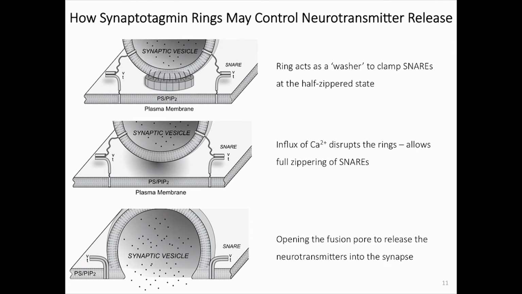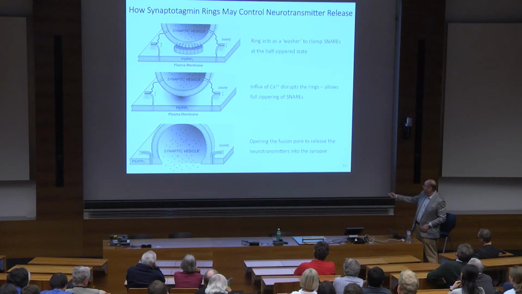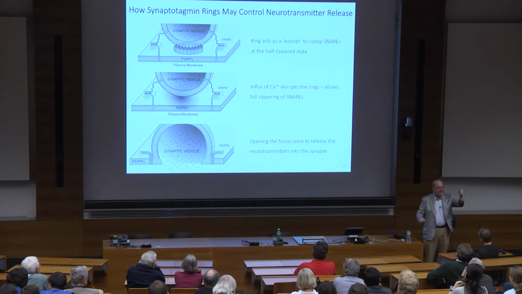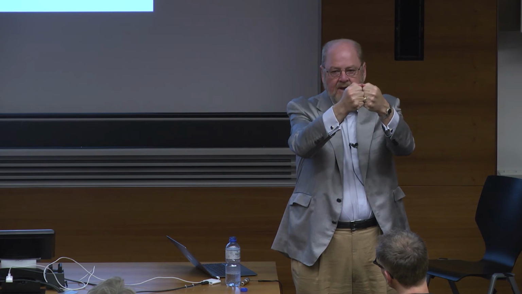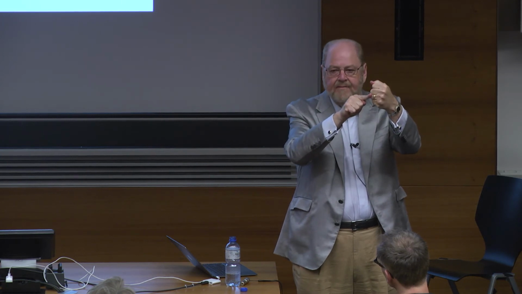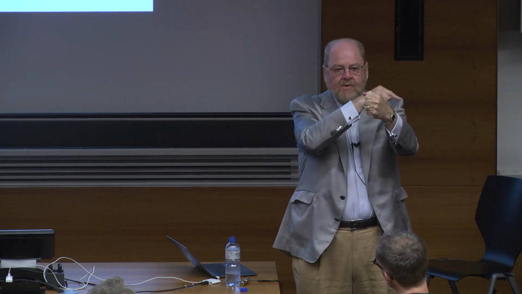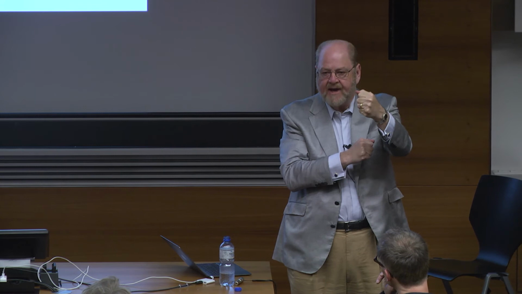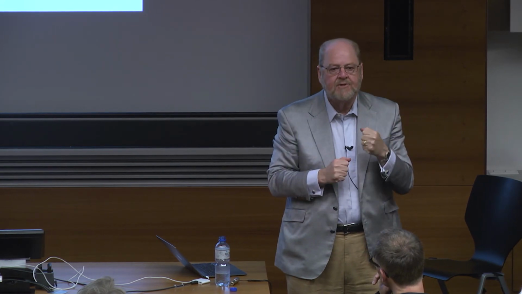What would happen if you put a bad version of synaptotagmin into this ring? Let's imagine that we have a mutant where we take one of the, the B domain has two faces that interact with each other. If I mutate one side and I add it into a bunch of synaptotagmins, the synaptotagmin chain will grow, but it will terminate when this bad subunit adds. So it'll be like a chain terminating mutation.